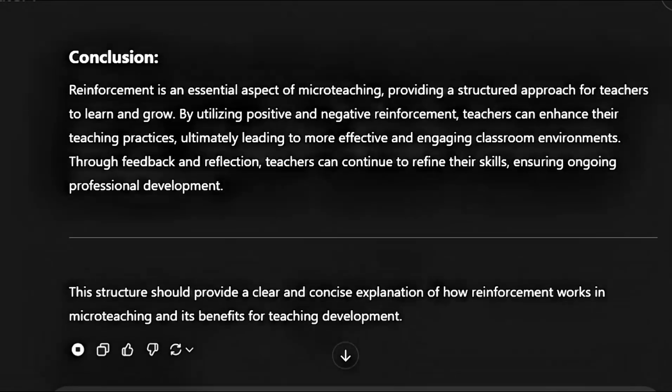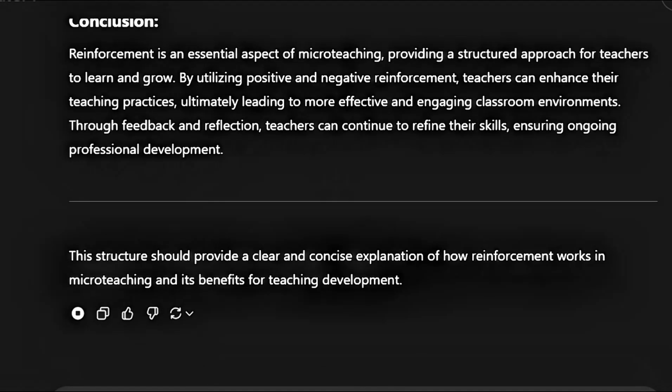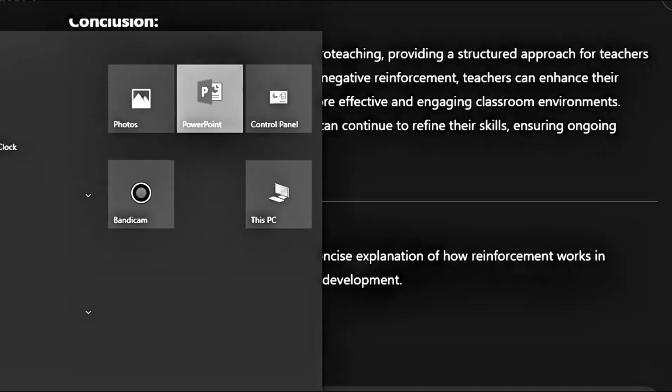Conclusion: reinforcement is an essential aspect of microteaching, providing a structured approach for teachers to learn and grow. By utilizing positive and negative reinforcement, teachers can enhance their teaching practices, ultimately leading to more effective and engaging classroom environments. Through feedback and reflection, teachers can continue to refine their skills, ensuring ongoing professional development. This structure should provide a clear and concise explanation of how reinforcement works in microteaching and its benefits for teaching